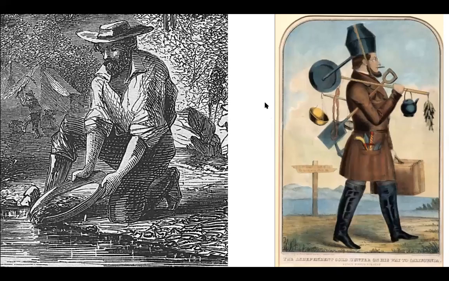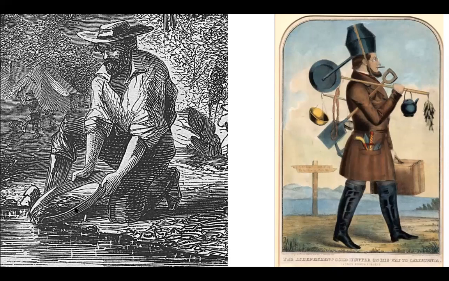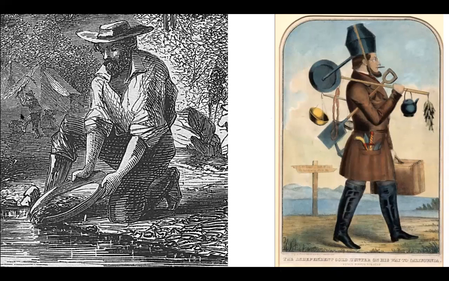So these are pictures that I share with my high school students as well about the gold rush. So these are great documents to take a look at. So here we've got our miner. So he's got his gold pan and he's trying to put the water in and out of this, trying to find gold. Notice he's wearing a hat to protect himself from the sun and other elements. And notice in the background here too that we have another gold miner. So we see that they're pretty close together, that there could be some competition there.